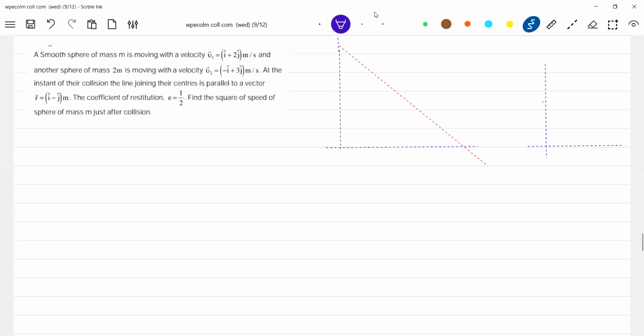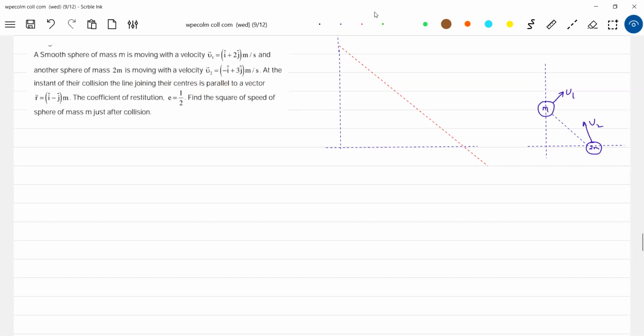So this is M. Another, this is 2M. And look at their velocity. This is having I cap, J cap. So this, I'll write it U1 bar. Another is minus I cap plus 3 J cap. So somewhere, something like this. They're going to collide, and at the instant of their collision, the line joining the centers is parallel to a